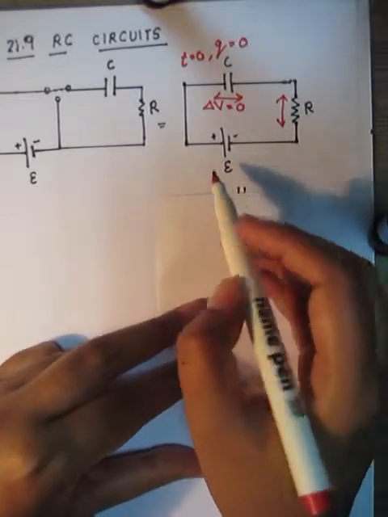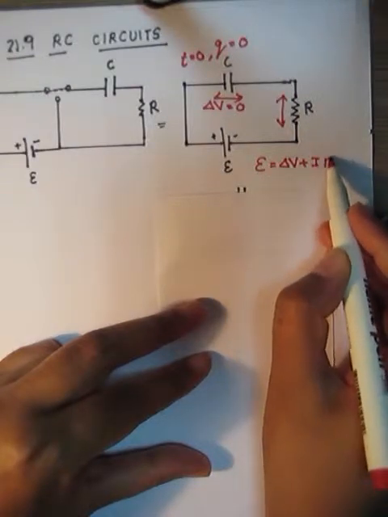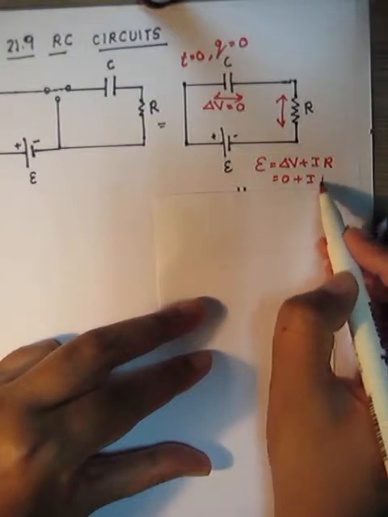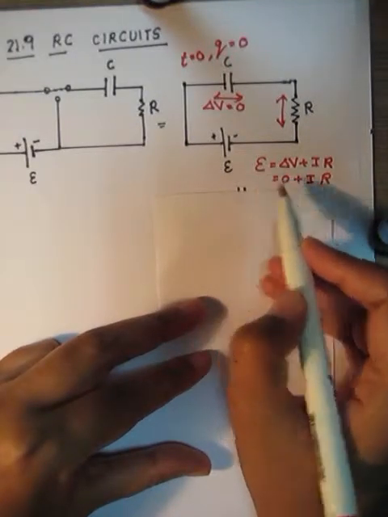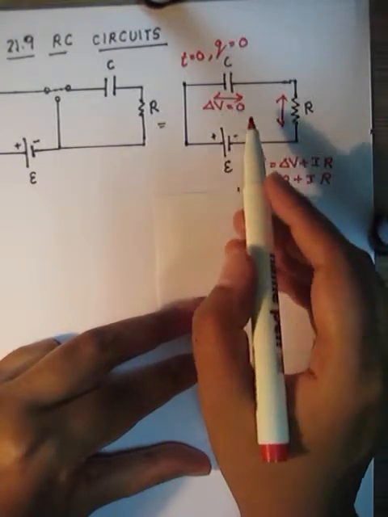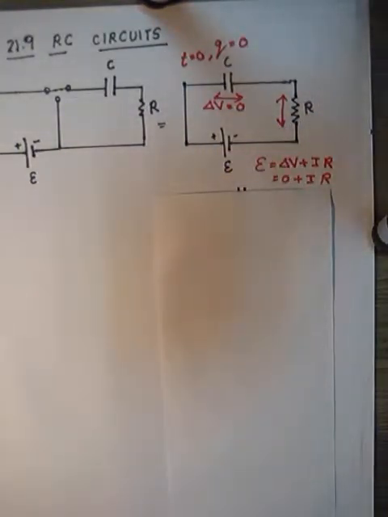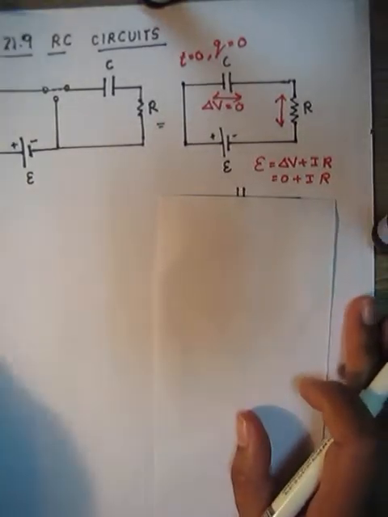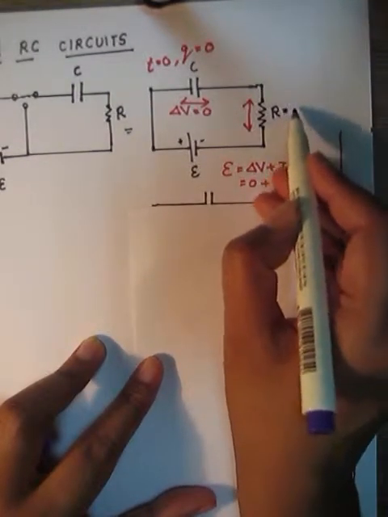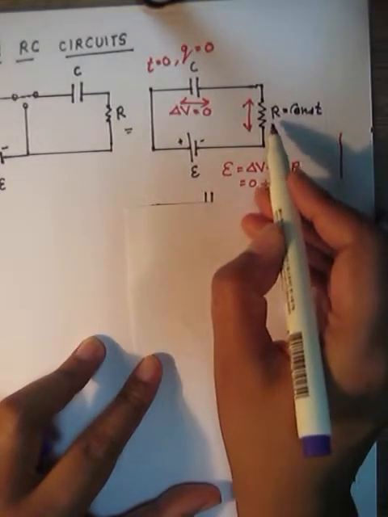Okay, so this epsilon will be delta V plus IR, the current through the resistor. So it will be 0 plus IR. So this total potential will appear only at the resistor and it will not appear at the capacitor. Okay. So if the potential drop here is 0, and because we know that R is a constant, and this entire potential drop is only at the resistor,